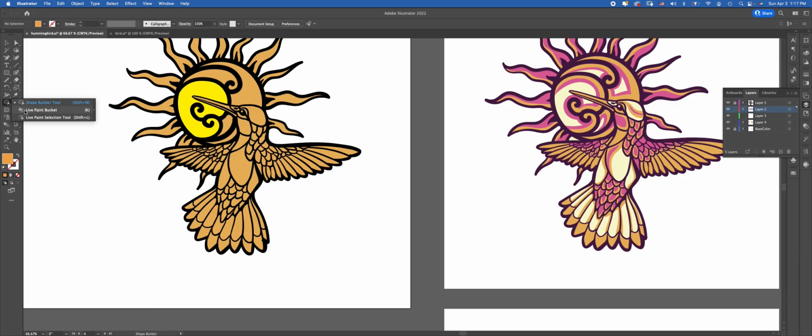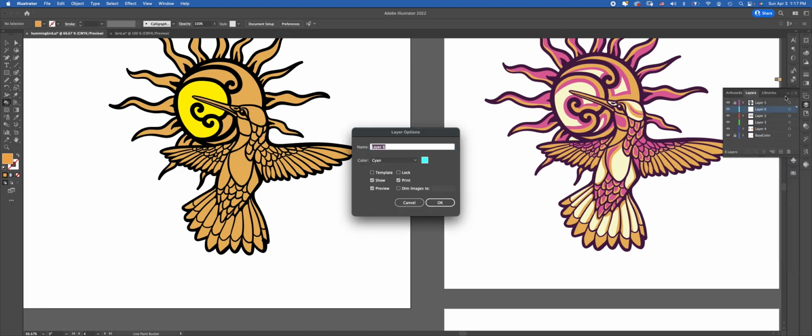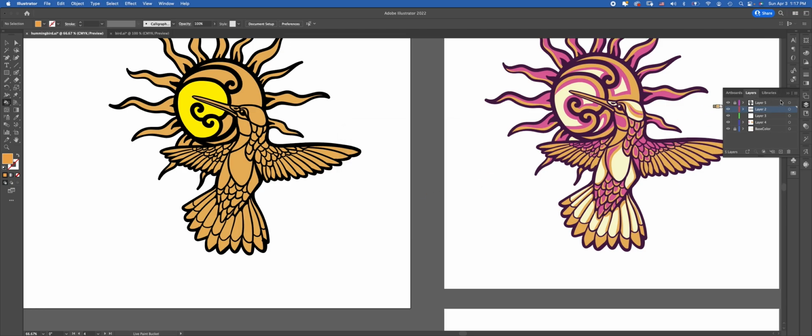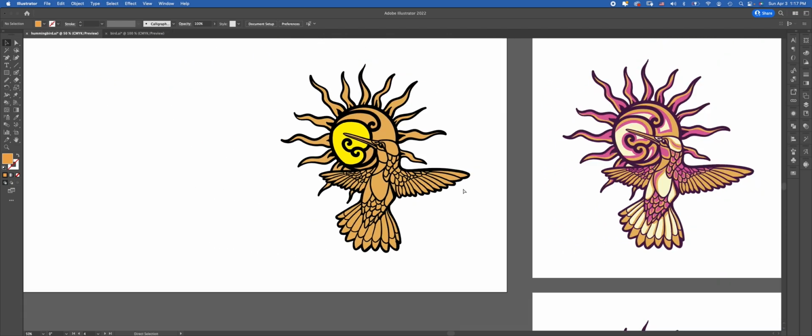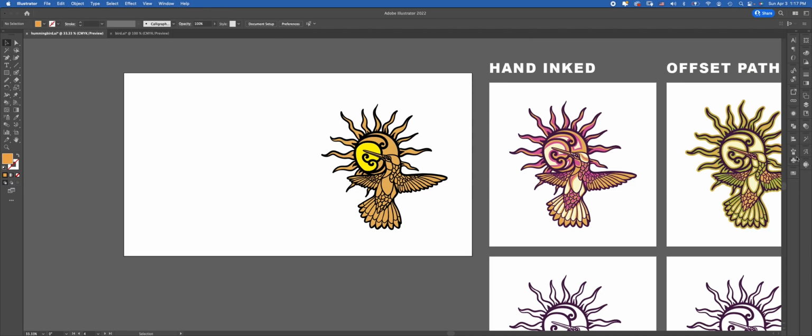There's something called the Live Paint bucket, and now this will allow you to hover over an area with a color and just apply it. And this actually will work if you select an object and turn it into a live paint. So I showed you the shape divider way to make a stained glass design. Let me show you another way you can do it. Now I prefer this first way, and you'll see why in a moment, but I do want to show you the alternate way. So I'm going to unlock that layer real quick,